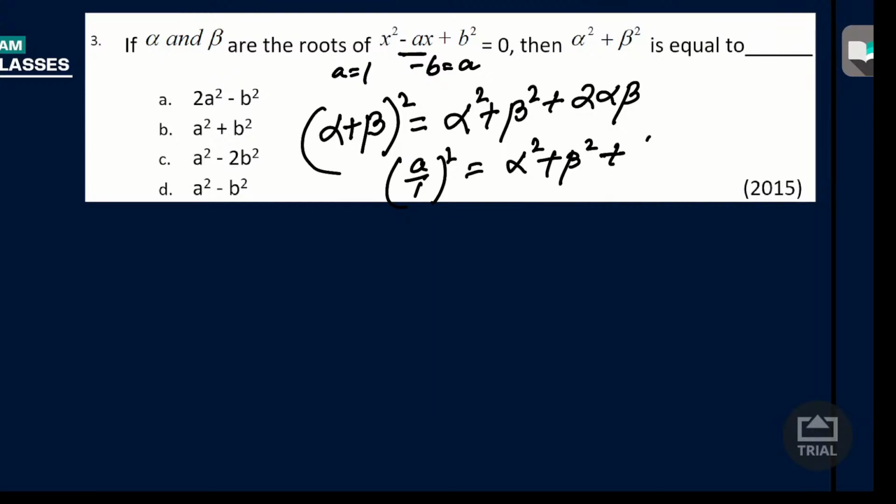आ जा रहे उस क्वेश्चन पे भी, डोंट वरी. 2 into alpha beta is what? c by a, b square. So done. So alpha square plus beta square is equal to what? a square minus 2b square. चलो आंसर C हो गया. चलो D कैसे हो गया ब्रो? जयदीप D कैसे हो गया? (a+b)² का फॉर्मूला भूल गए ब्रो? चलो everybody got it? चलो